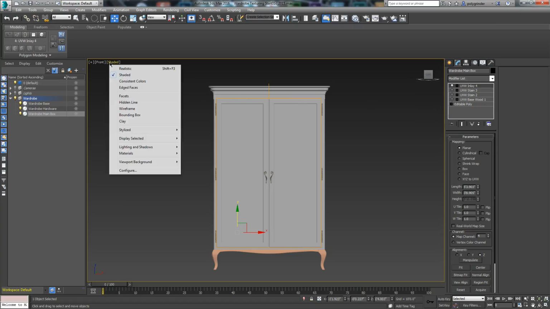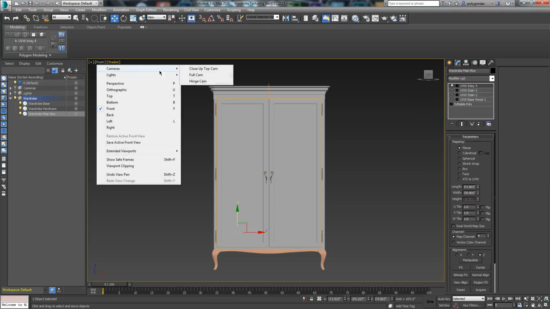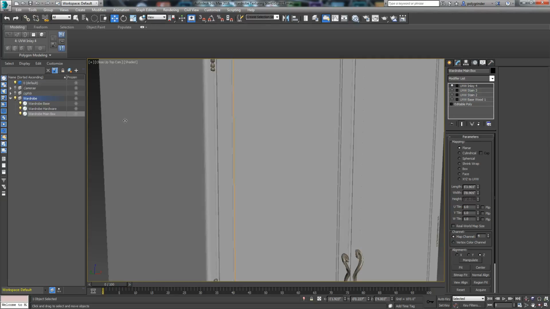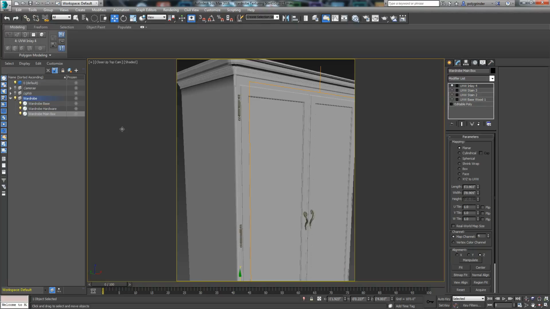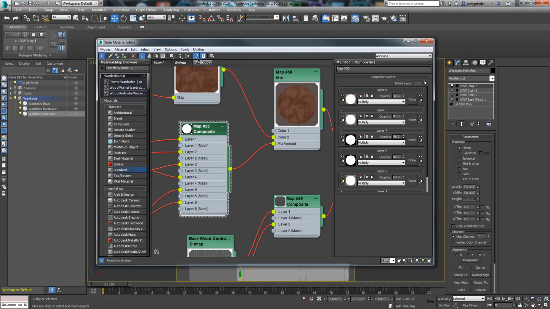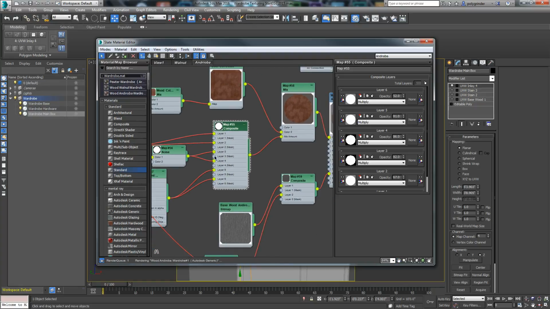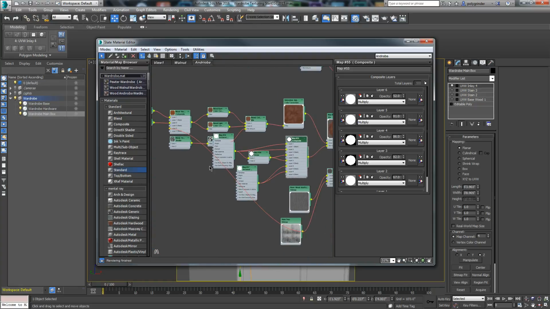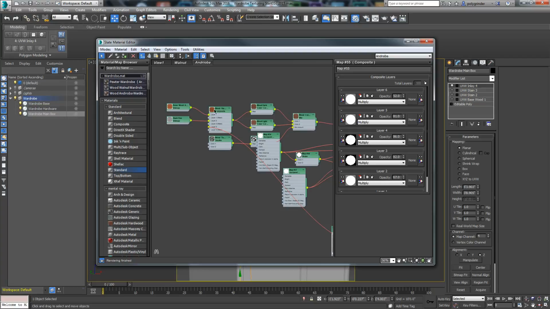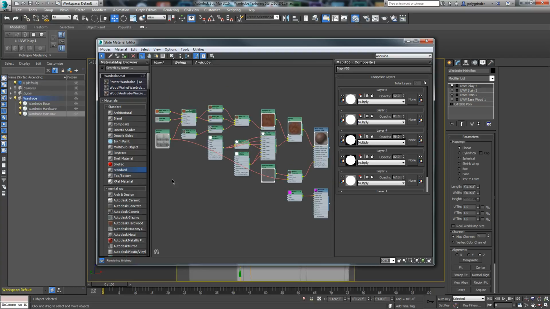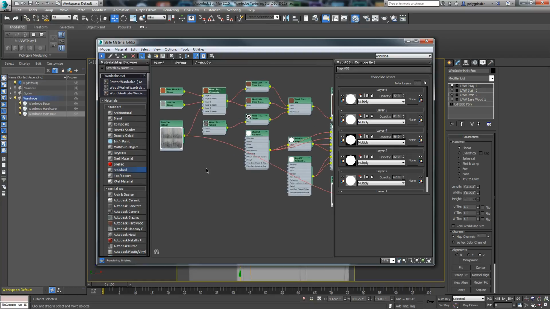So now we'll come in here and go ahead and switch back to our camera. And let's get our safe frame back on. Okay, so in our material, what we're going to do now is I want to initially create that as a stain that's on the surface of that. So we're going to go back over to our composite, and let's just clean this up. Okay. So we're going to go back onto our composite, which is our color that's on there, this composite here,